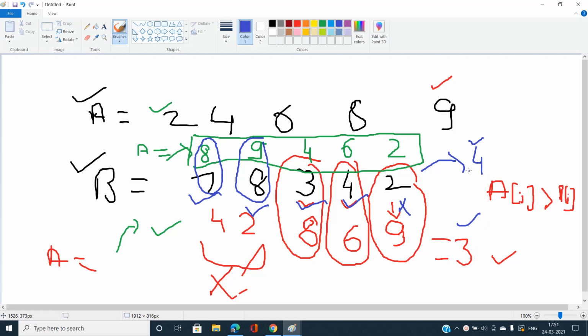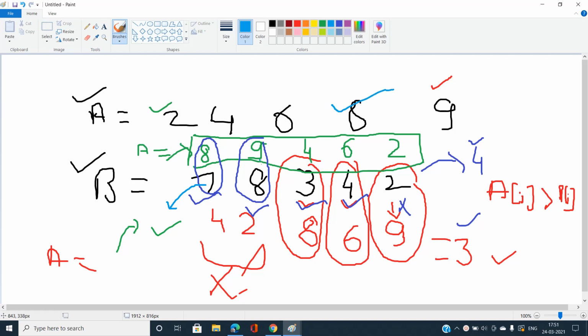That is, there exists an optimal approach over here, and what should that optimal approach be? I need to find that out. You can think in a simpler way. Let's take an element of B as 7. I am going to find if there exists an element in the array A which is just strictly greater than 7. Yes, you can find it, it is 8.